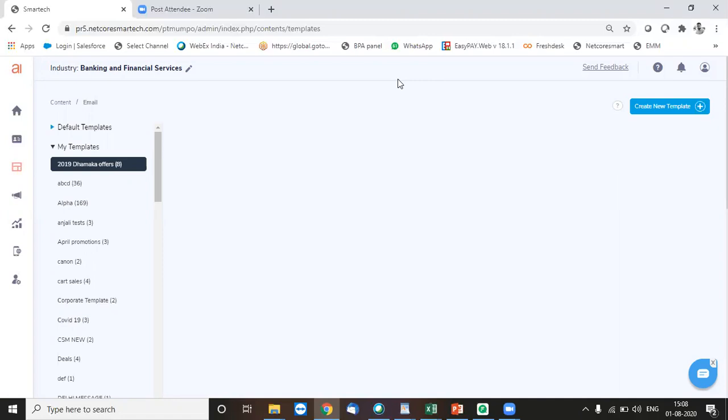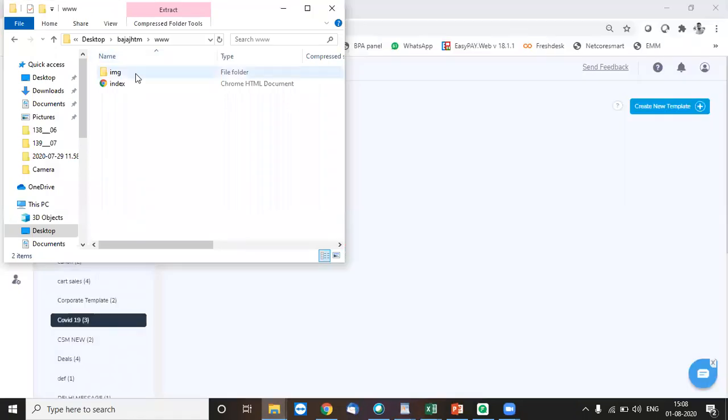So we have seen how we have created templates for all the three types: drag and drop, HTML with hosted, and HTML with unhosted images. I had promised to show you one thing wherein for the option where you're uploading the images along with HTML, how we can ensure to maintain the same nomenclature for the image file. So let's say, as an example, let's take this example over here.